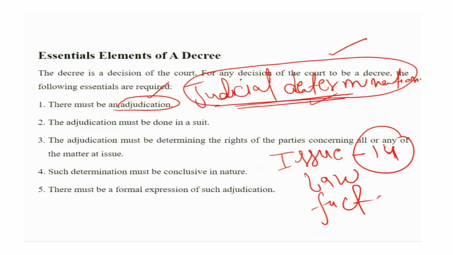Suppose somebody has dispossessed you, then what kind of issues will the court frame? Issue number 1. Issue means question number 1, because the court has to answer, and the court will invite evidence on those issues. Then you will come to know the meaning of adjudication, which is the conclusive determination of your right. Adjudication must determine the rights of the parties. You will understand it is conclusive in nature, otherwise you will not understand what I am telling you right now.